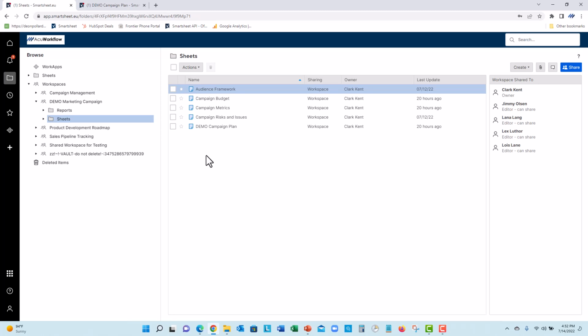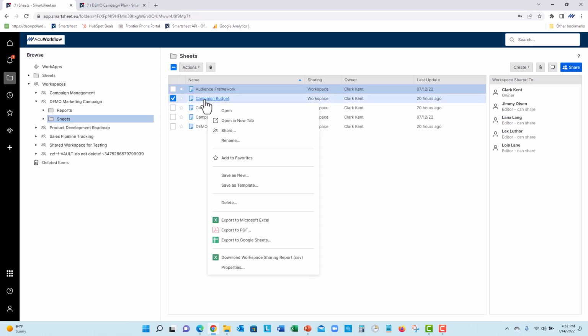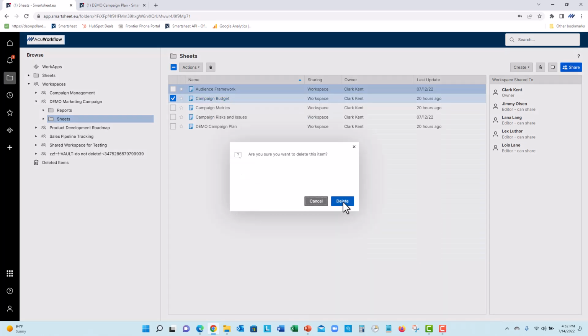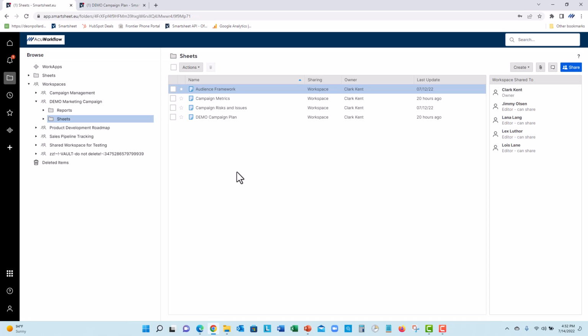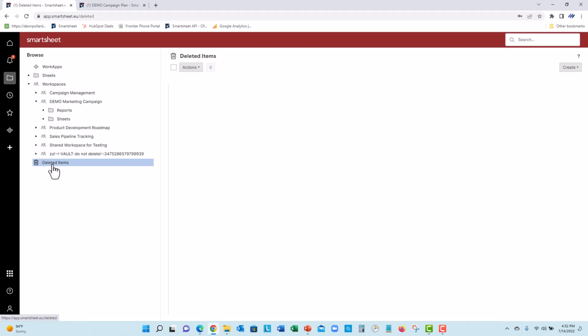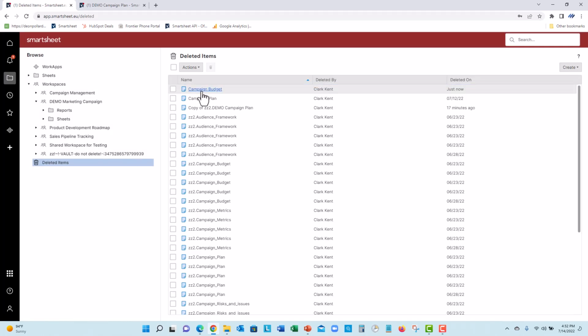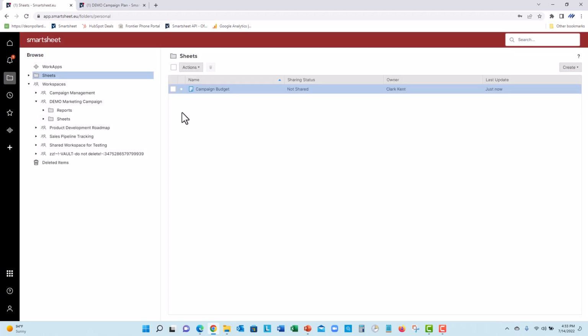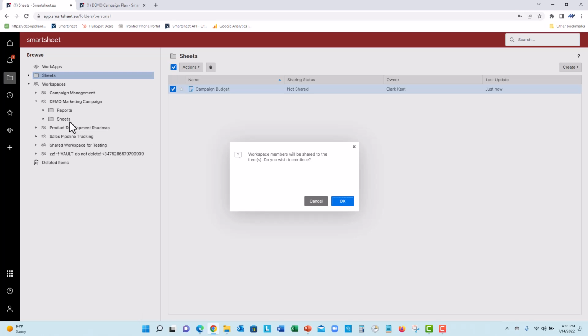So back in your Smartsheet environment, if a sheet gets deleted, so for example, if I were to delete this sheet, the best way to restore this sheet at this point is to go to your deleted items folder and then find the sheet that was deleted, right click on that sheet and click undelete. This will restore the sheet to your sheets folder, and then you'd need to just move it back into the correct location